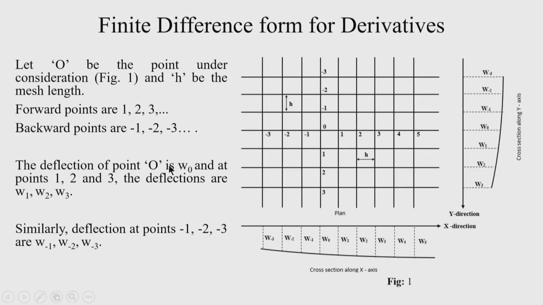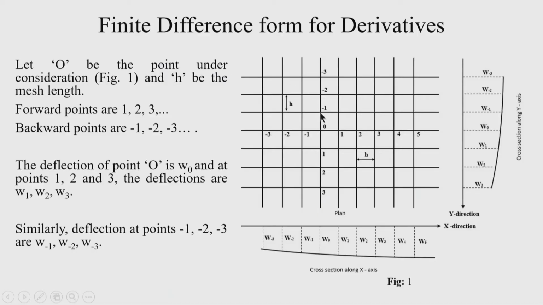the finite difference form of derivatives. Okay. The first and foremost thing in the finite difference method is to convert the derivatives involved in the differential equation of any physical problem to a difference form. Difference form is the difference between the nodal values, and how it can be formed for the first derivative, second derivative, third derivative, because you require up to the 4th derivative in case of the plate equation. So, first let us discuss the finite difference form for the derivatives.